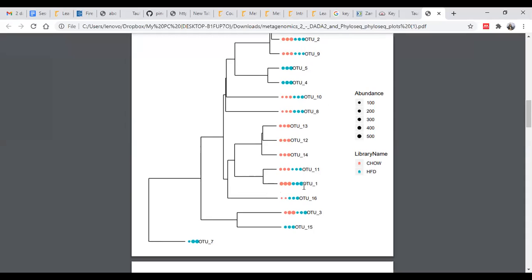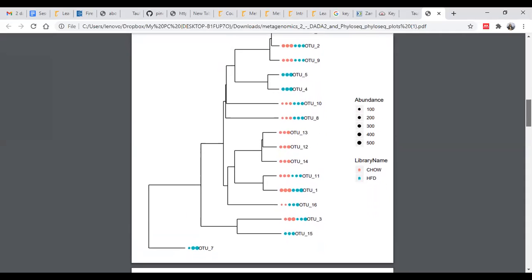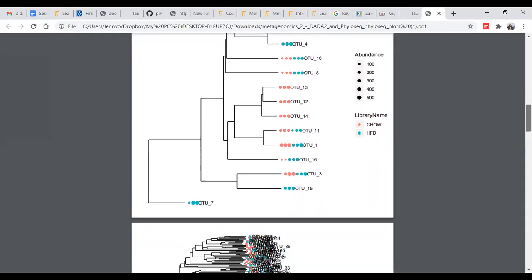So this phylogram will explain exactly how these OTUs are related to each other.